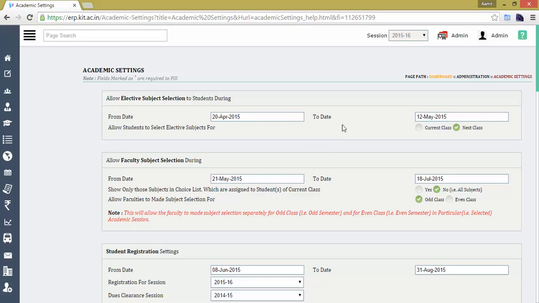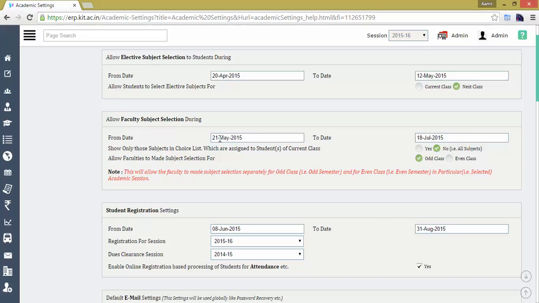In that case, you are required to select the next class radio button, so that a student can submit their choice list for the future class, the fourth semester, because the students are currently studying in the third semester. But in some cases, if the students are currently registered in the third semester, and you need to ask the student to submit their choice list of the elective subjects for the current class, that is the third semester, you are required to select the current class radio button. This will allow the student to submit their choice list for the current class.